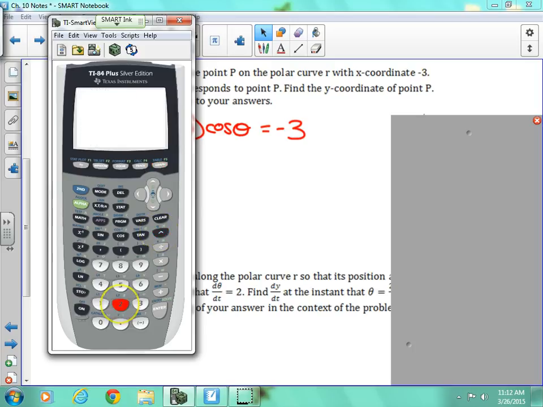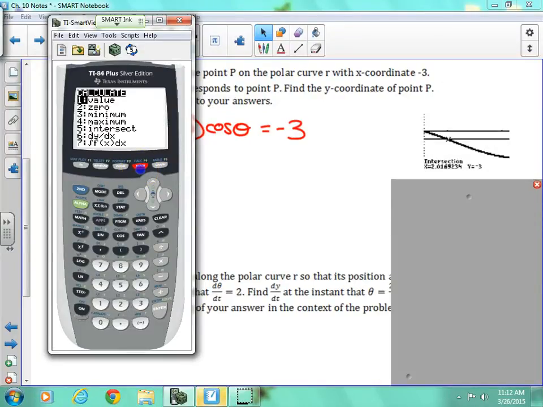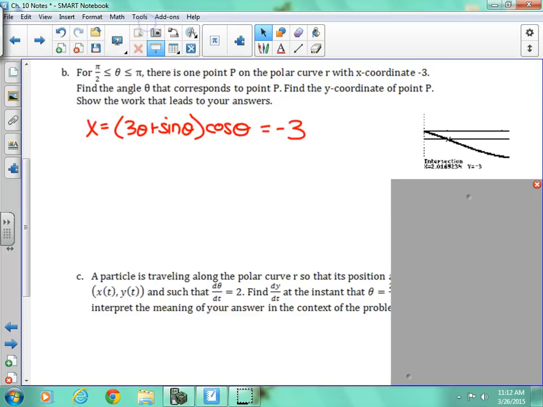Uh-oh, what did I do wrong? Oh, too many parentheses. Got it. Does that make sense? So polar is great. Polar lets me know what it actually looks like, but function mode says, I'm not going to graph it the right way, but I do know when they're the same. And you can use the intersect feature in function mode. There it is. The intersection ends up being,